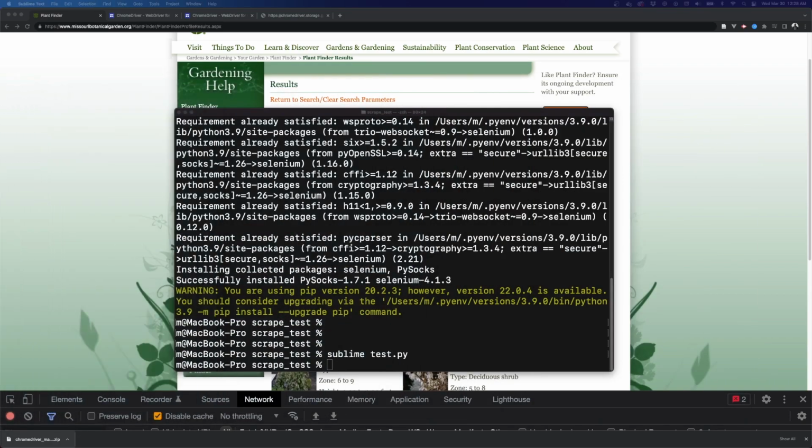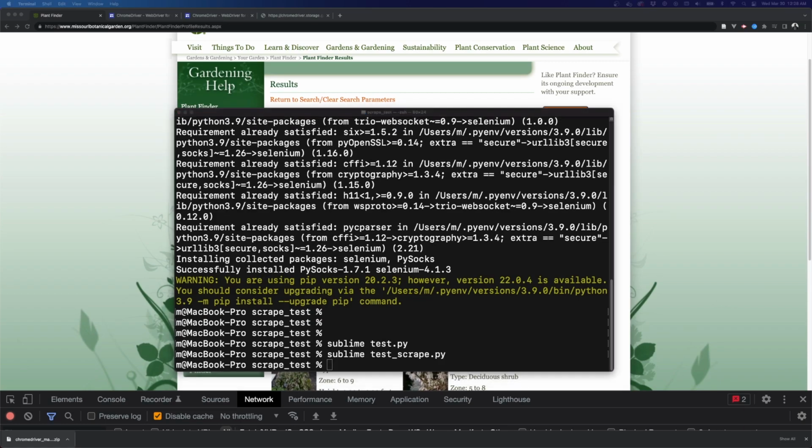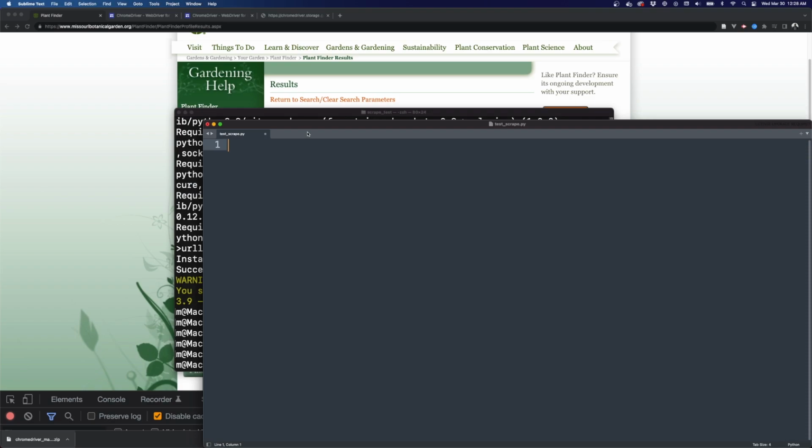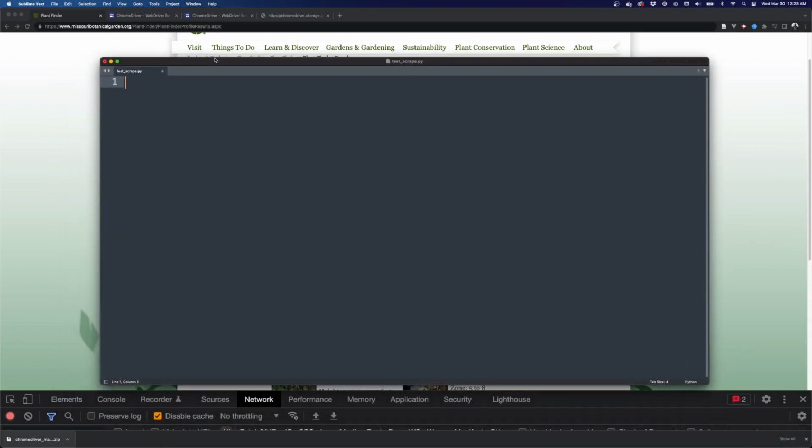I already have a test. So let's do test scrape. All right, so what we're going to do is we need to import the tools that we're going to use,